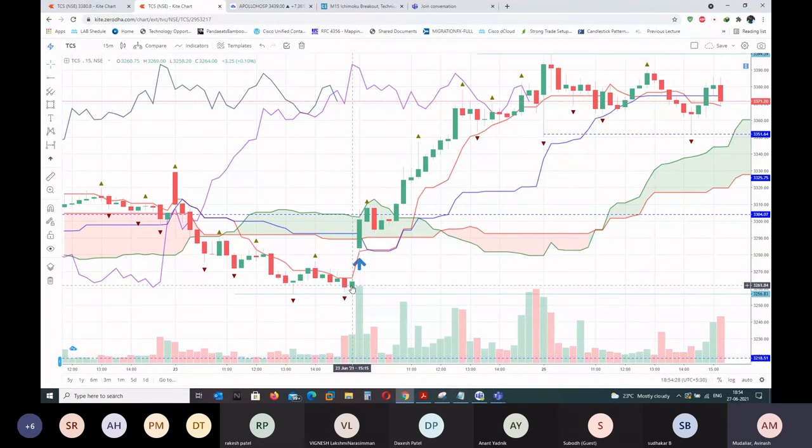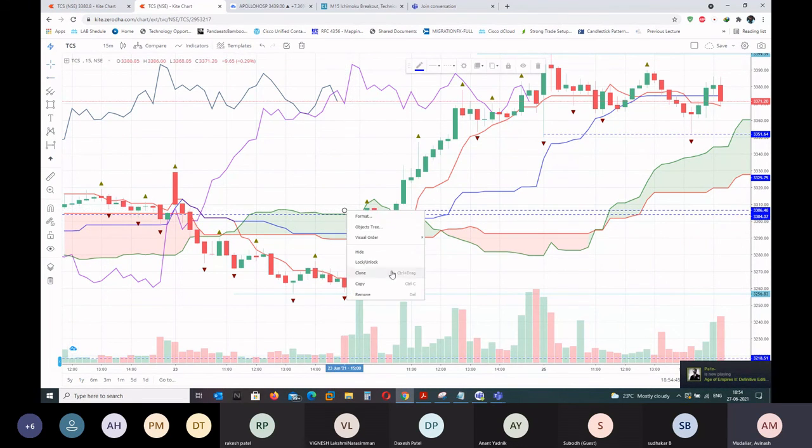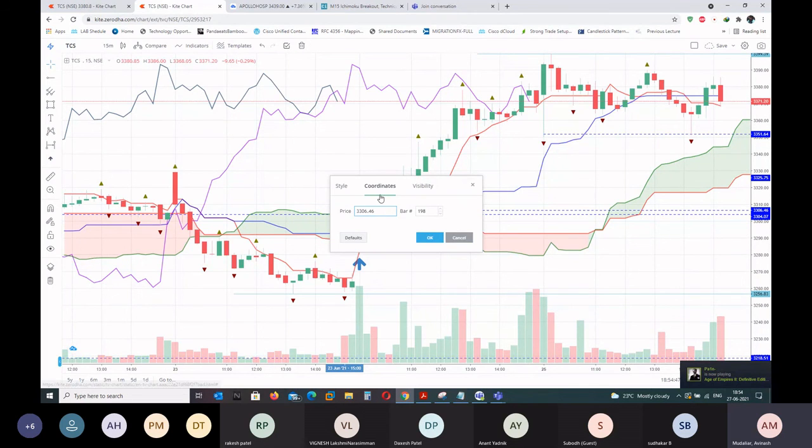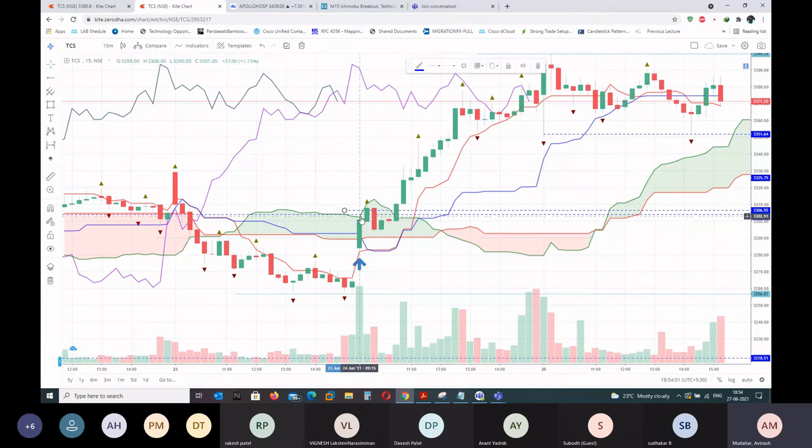After this, next day open, the first M15 closed above the Kijun Sen as a strength candle. You can see this. All you need to do is put a buy order above this. The high is 3306, so you can say 3306.55, maybe 10 paisa up. Next candle you got triggered.